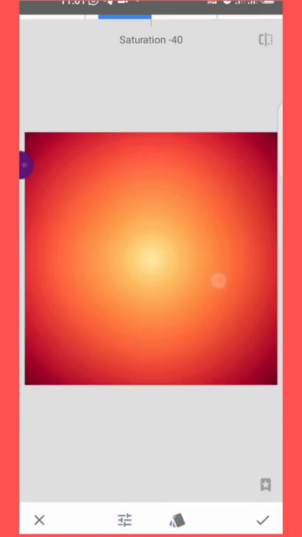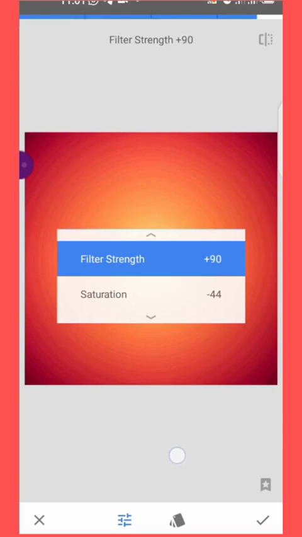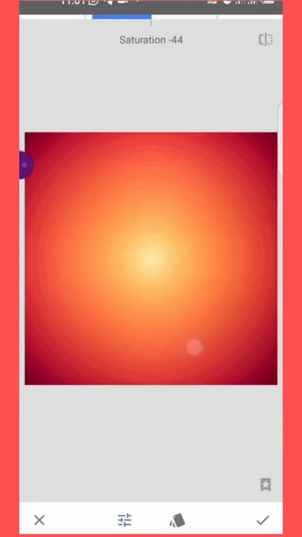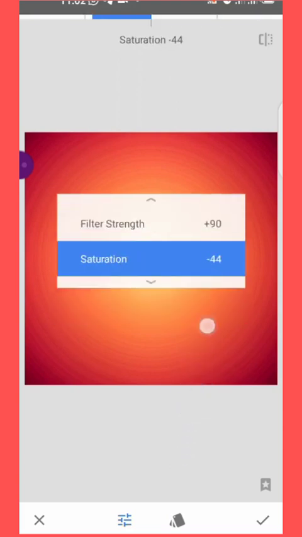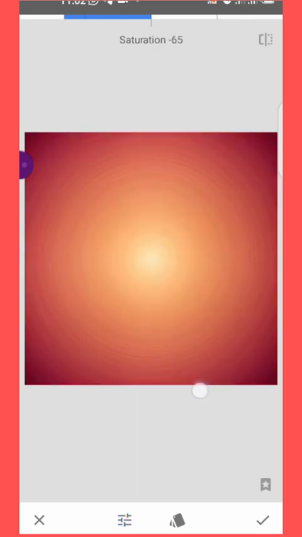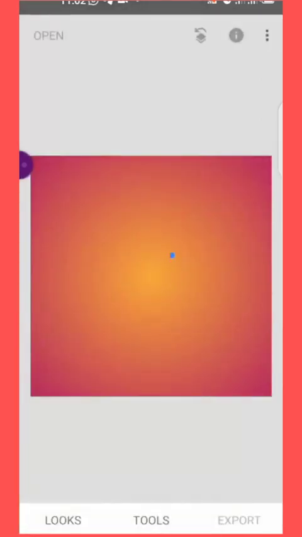You can either increase the saturation or reduce it. Just hold the screen and move your hand like this, and you'll be switching between both options. So you can play around with it and get the effect of your choice. So we'll just make use of this one. The other one we'll be making use of is